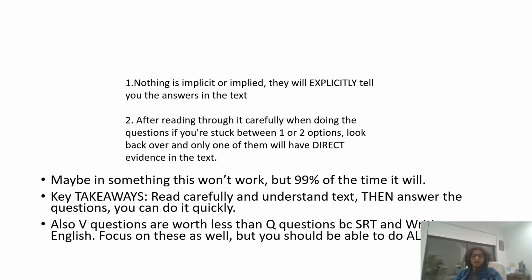Everyone has to sit this, right? And they need to give you all the answers. For example, in a passage, if they don't explicitly tell you the answers, then how are you supposed to find out? Are you supposed to know everything about the poem already? No. They have to explicitly tell you the answers that are without a doubt right. So the answers will always be 100% right, and because of that, they're explicitly said in the test, right? So read carefully and understand the text, then answer the questions. You can do it quickly.